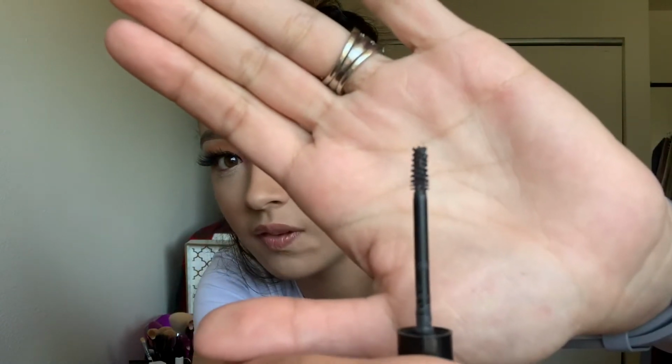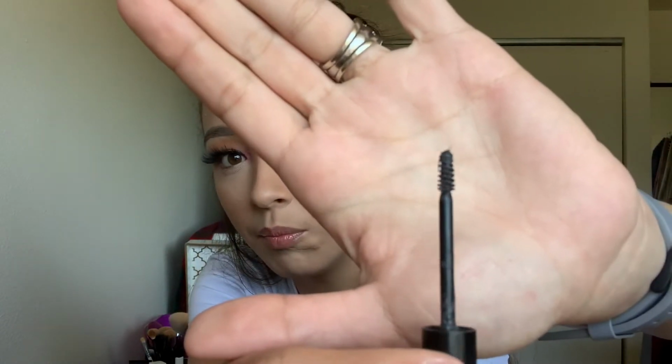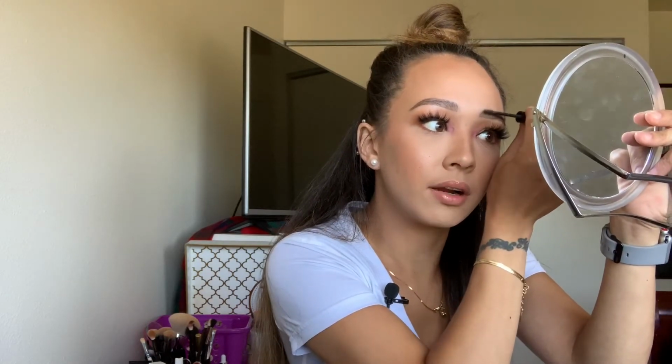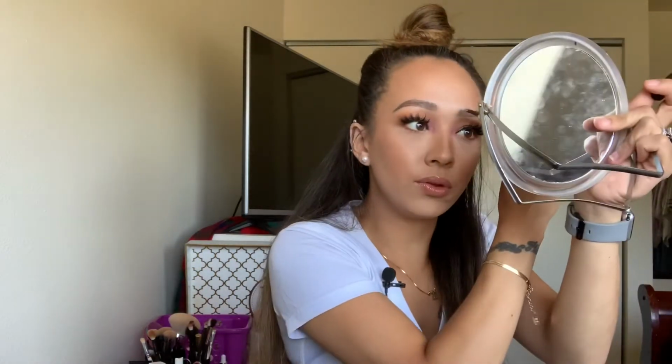See, you can kind of see the fibers sticking up out of the brush. Okay, well that just messed up my brow. What I'm trying to say is that there's fibers in here, and these fibers will stick to your real hair and just look more full, and will give you the appearance of those brow strokes that I was just talking about, where you don't actually have to go in with the pencil. But you could always do what I do, and